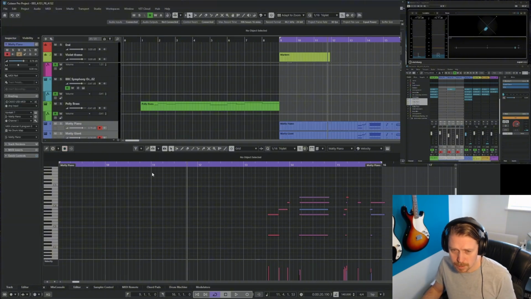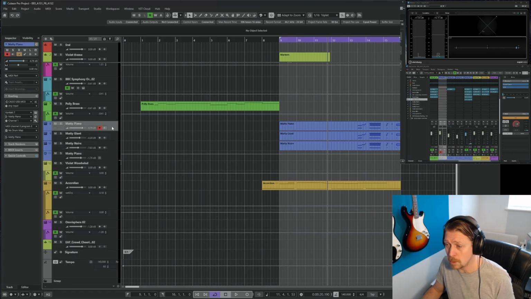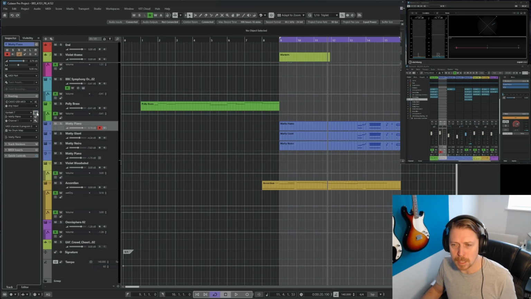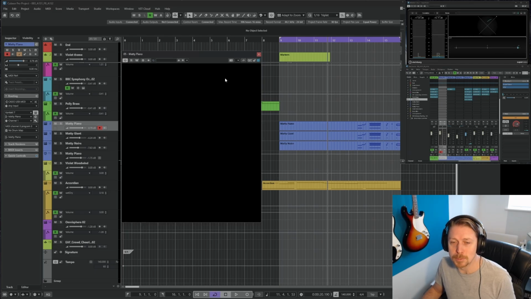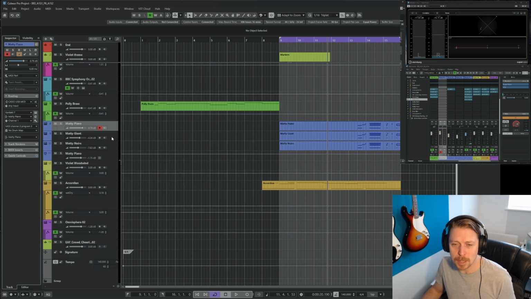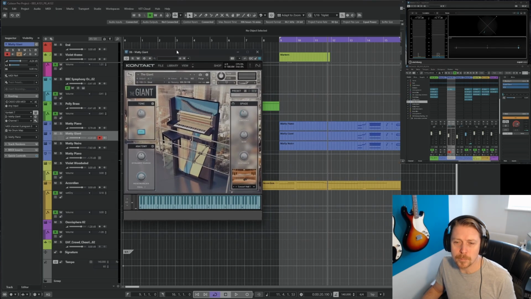So with these pianos, what I've done is, as I've mentioned before, I've layered them. There are three pianos. The primary one that I'm using for the main sound is called The Gentleman in a Pub. I figured it was the closest thing I could get to a kind of honky-tonk piano. But I've then put another Contact 7 called The Giant, which I love.